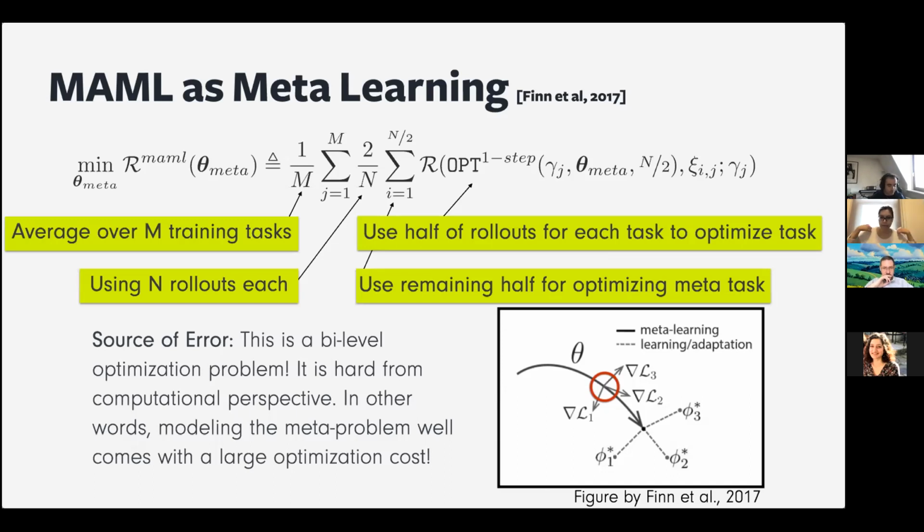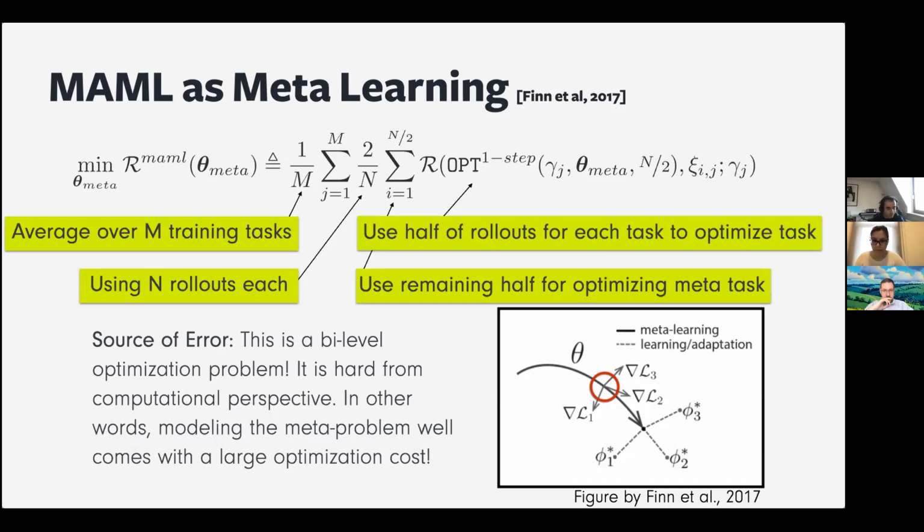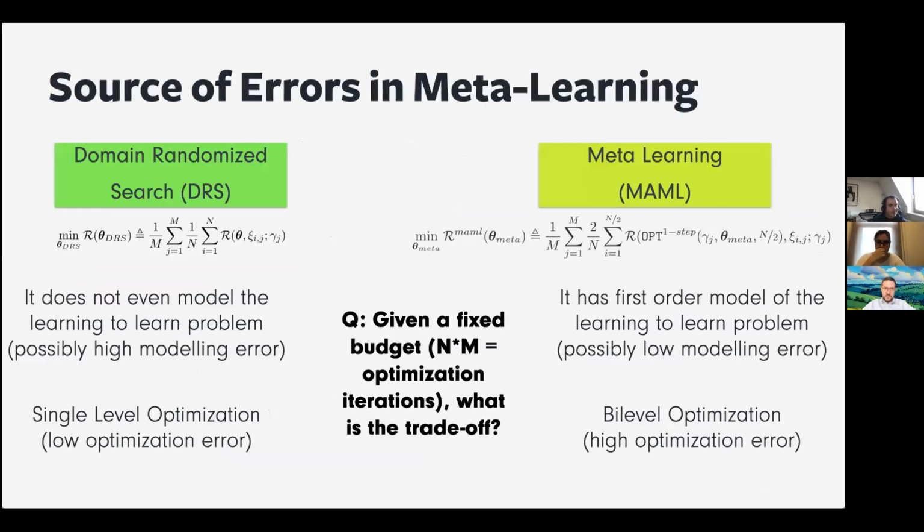So can't you do the same with this? Take the theta of the domain randomized search and just use this theta meta for the n plus first task. I think that's what we are doing. If that's the case, why do we even try to do MAML in the first place? Yeah, exactly. That's the question we are trying to ask. Basically, this is a valid solution as well. But the question is, why would you want to do that?